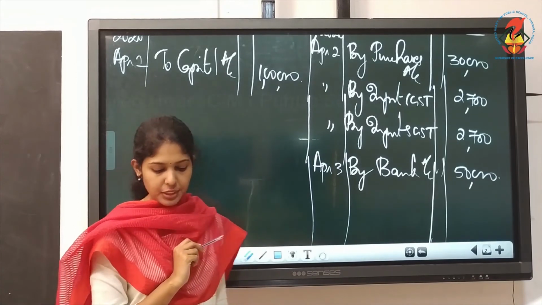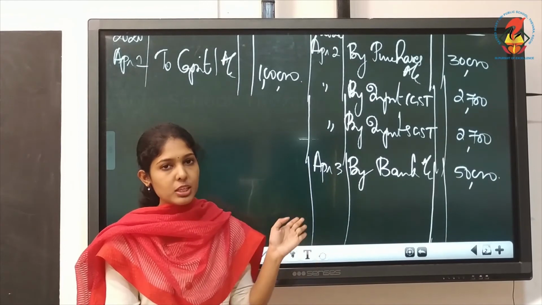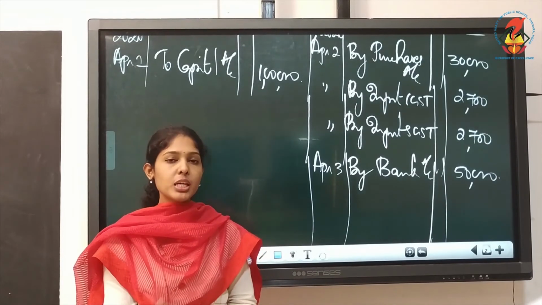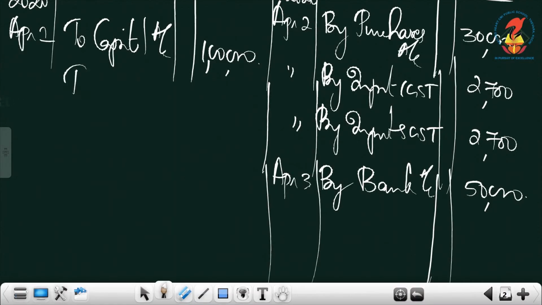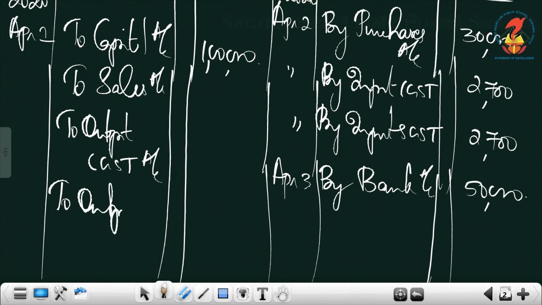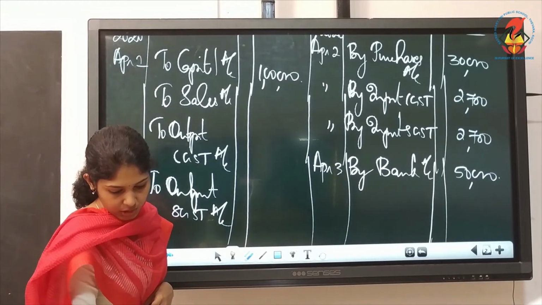Next is cash account debit to sales. So on the debit side, cash account is getting debited. So on the debit side you must do the posting, and what will you write? The names of other accounts which are having opposite aspect. So here you must write all those three accounts, like to sales account, to output CGST account, to output SGST account. The date is April 4th.